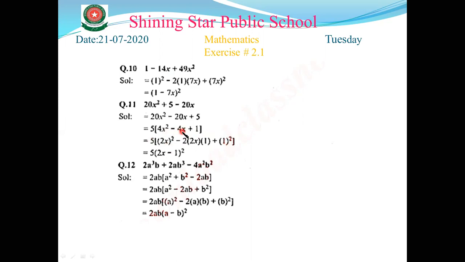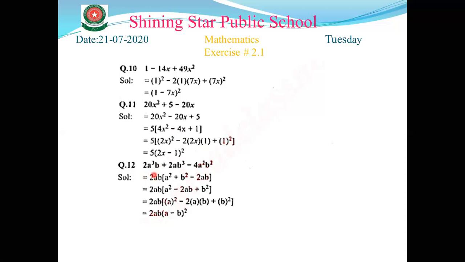Minus 4x. How do we convert the minus 4x? We write the minus 2ab. According to the formula, a square minus 2ab plus b square. So minus 2a is 2x, b is 1. So minus 2ab. Okay, now how do we close the formula? First of all, we write (a, b) whole square and the sign of the middle term. The middle term has minus, so that's why we put minus here. Simple.